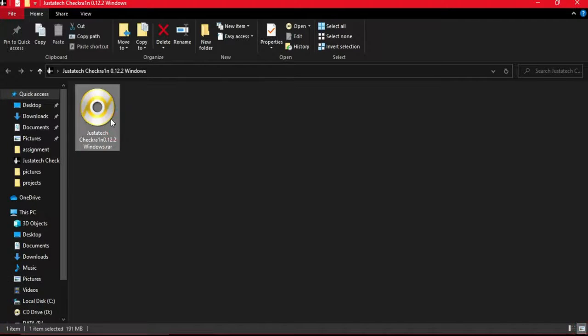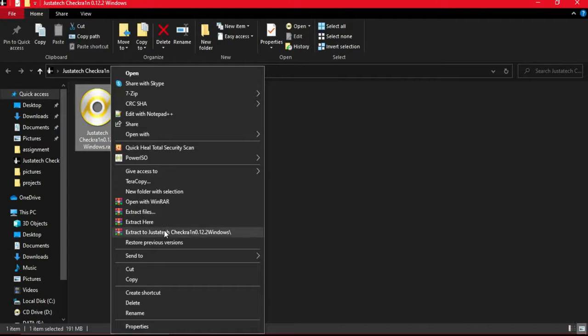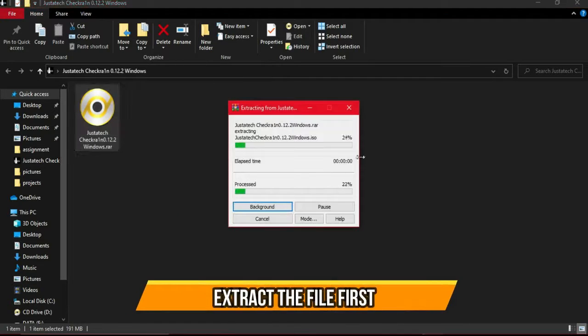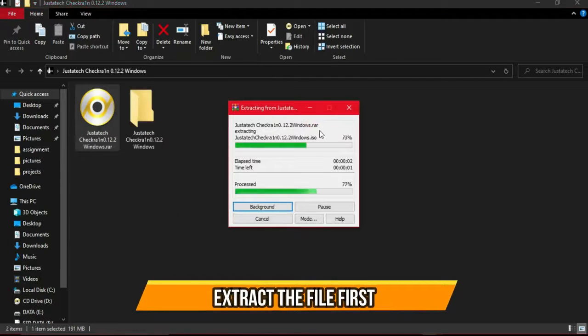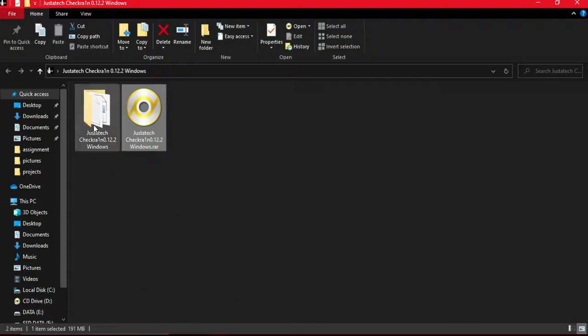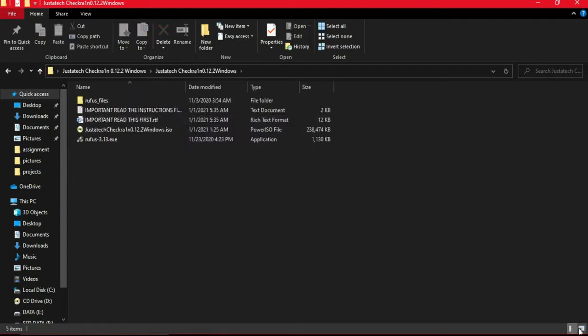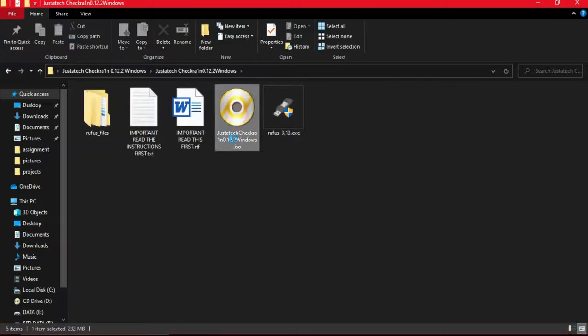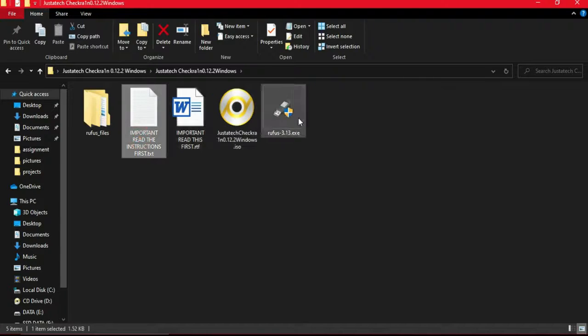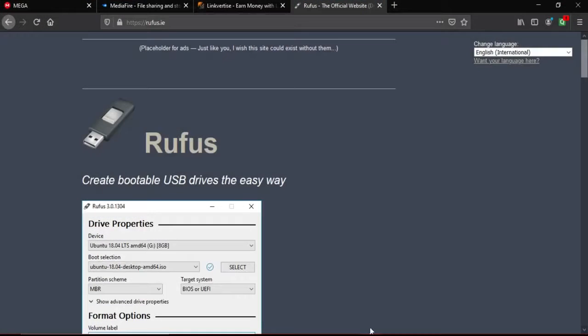Now first you need to extract this RAR file to get the ISO file, so you can use WinRAR to extract it. Now you will get a folder, so just open it and you will get some files like the Rufus tool, the Checkra ISO file for the latest 0.12.2 version, and a readme or instruction file. If you are a beginner or doing this for the first time, you can go to